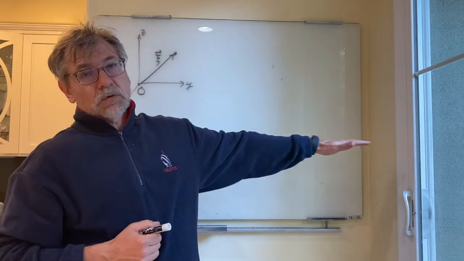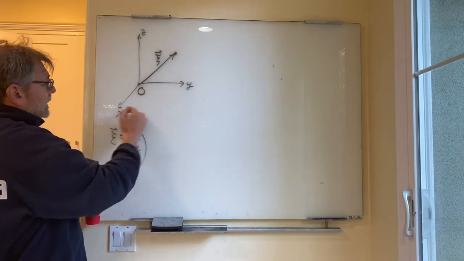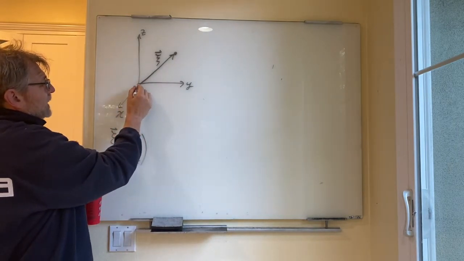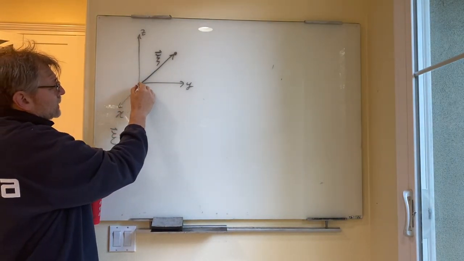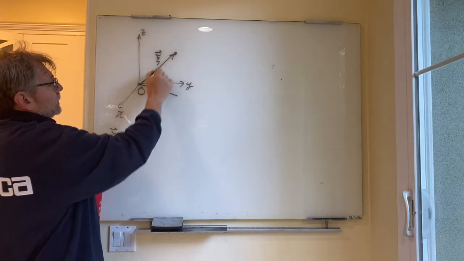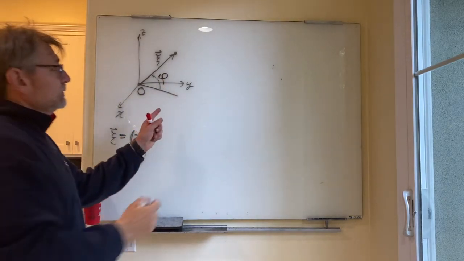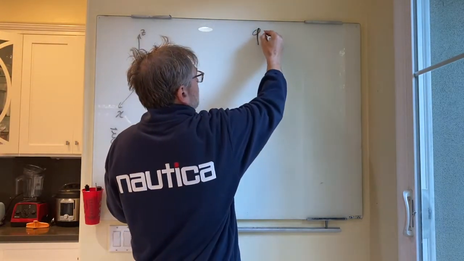So for the latitude, we imagine cutting a plane that's parallel to the x and y axis. So we have this plane along here, the x and y axis, and then relative to that, we measure the angle up to the vector xi, and we'll call that phi, and phi is the latitude. So phi is the latitude,